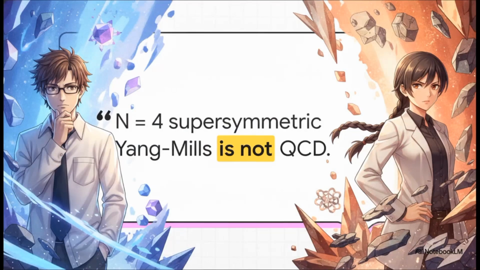Now, to be totally fair, it is vital to note that this theoretical approach definitely has its critics. Prominent physicists like Larry McLerran have pointed out that the specific, perfectly symmetrical field theory used in the most famous AdS/CFT example, N equals 4 supersymmetric Yang-Mills, is absolutely not the same thing as quantum chromodynamics, the incredibly messy theory governing our actual real-world strong force. It has no mass scale and no confinement.